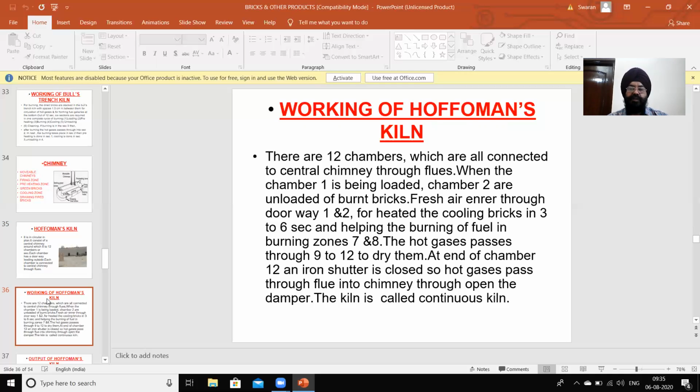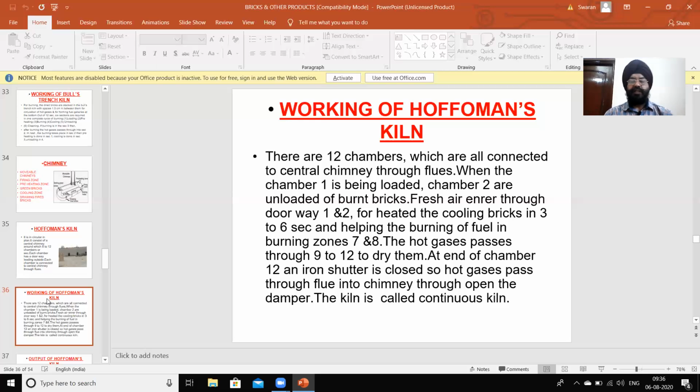The hot gases pass through 9 to 12 to dry them. At the end of chamber 12, an iron shutter is closed so hot gases pass through the flue into the chimney through the open dampers. The kiln is called a continuous kiln.